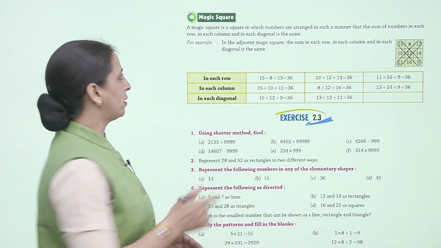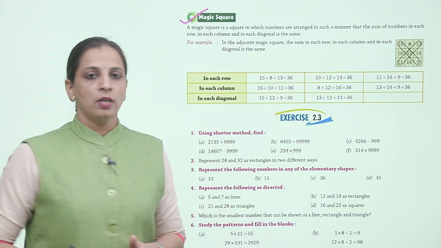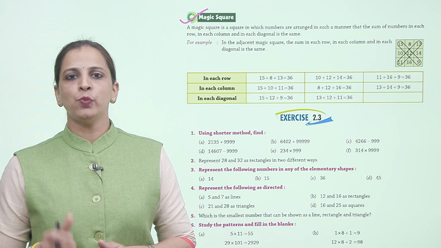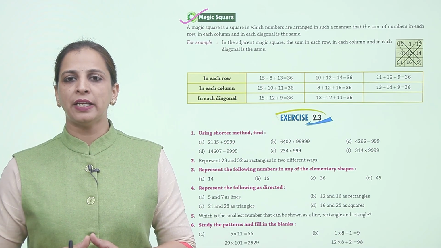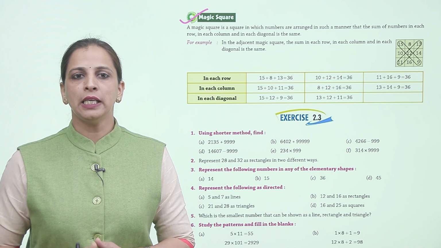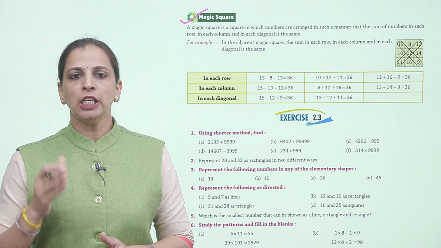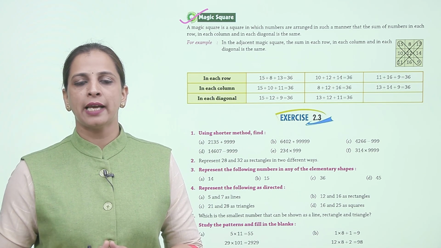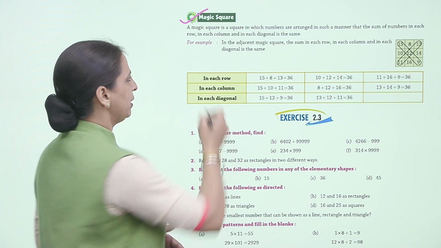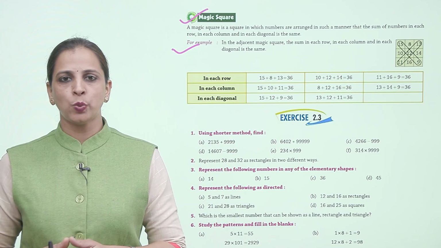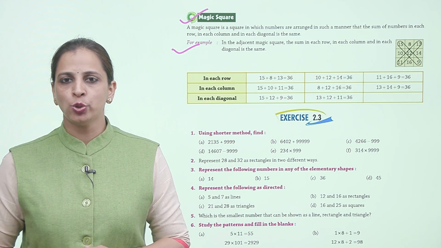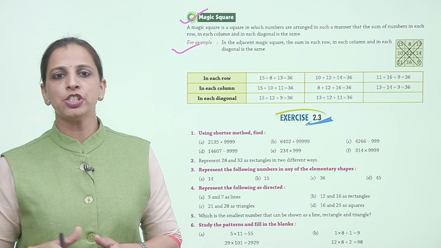Now, magic square. A magic square is a square in which numbers are arranged in such a manner that the sum of numbers in each row, in each column and in each diagonal is the same. For example, in the adjacent magic square, the sum in each row, in each column and in each diagonal is